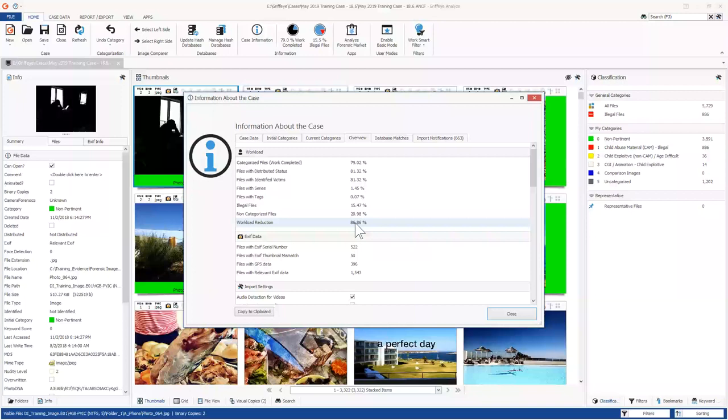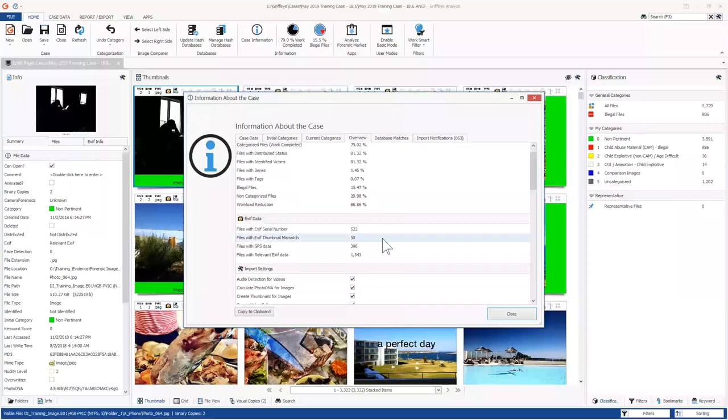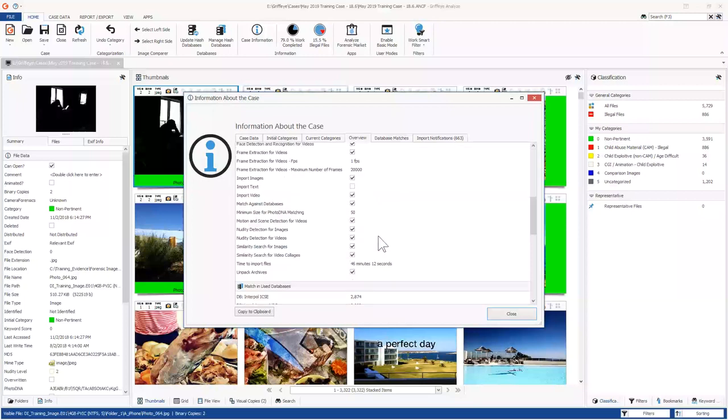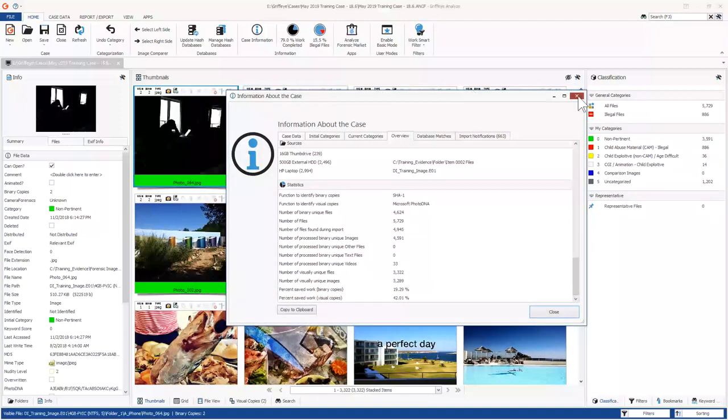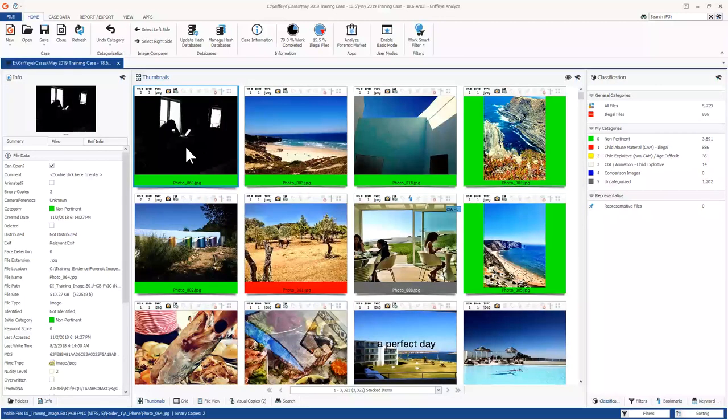So think about that for a second. If you have 1 million files to get through and you could pre-exclude half of them, say 500,000, that's what this program can do right off the bat. Not only in flagging files and saying, hey, they belong in this category, but also in stacking visual and binary copies. So what I mean by that is this program will take any files that it deems